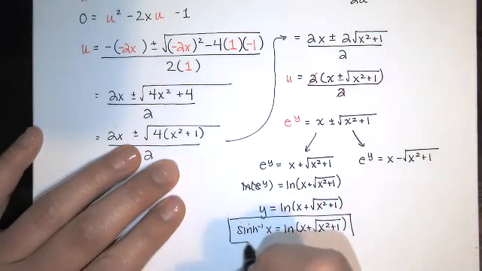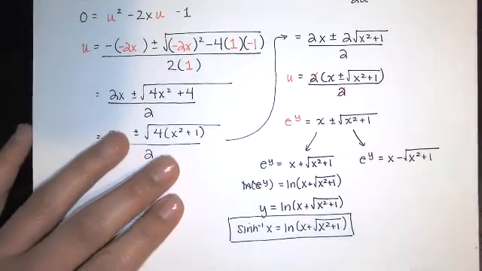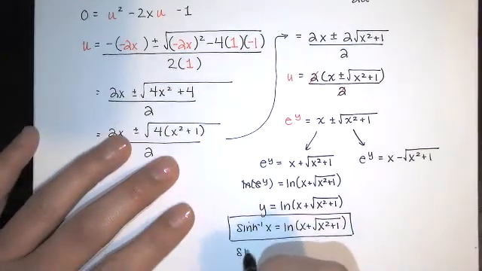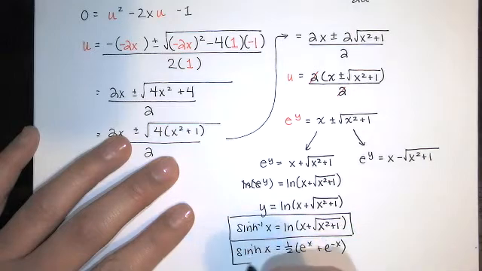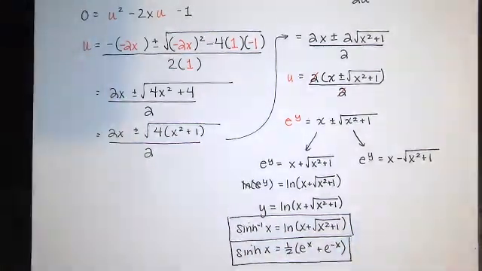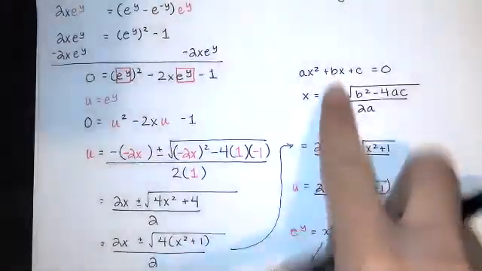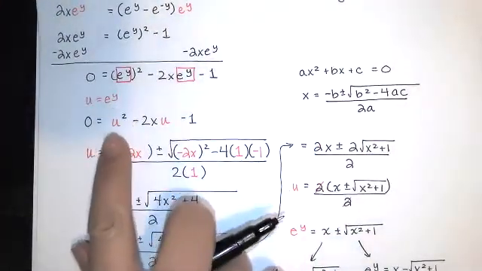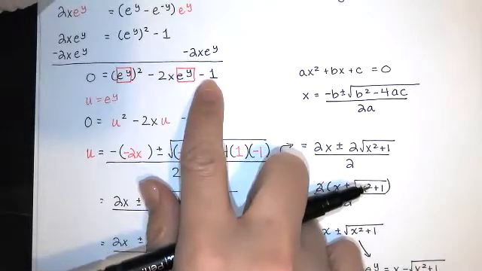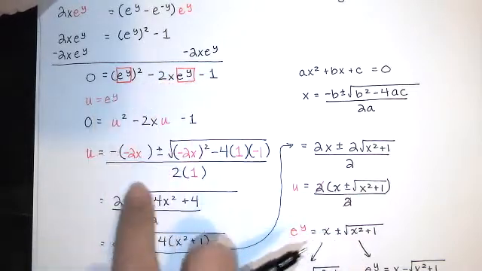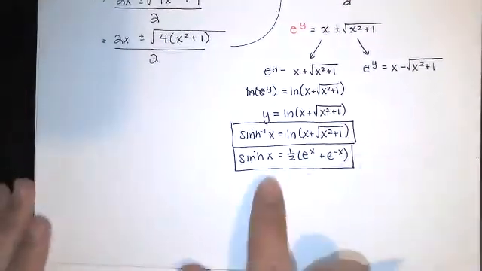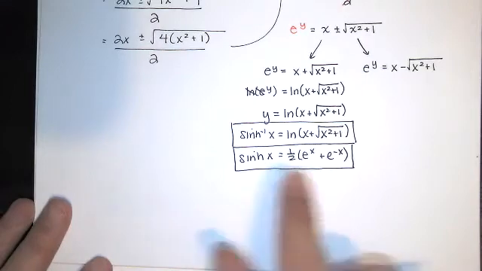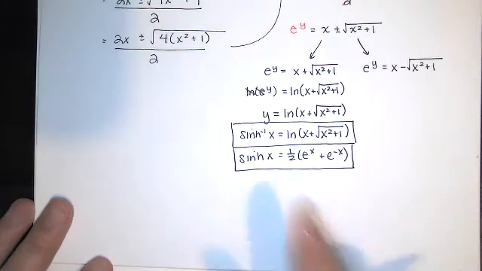So it turns out that the inverse hyperbolic sine function is this, because the original hyperbolic sine function was this. When we switch the roles of x and y and do a whole lot of algebra, which included solving this equation that was quadratic in form and had variable coefficients for e to the y, and then back substituting, we see that if the hyperbolic sine of x is defined to be 1/2 (e to the x minus e to the negative x),